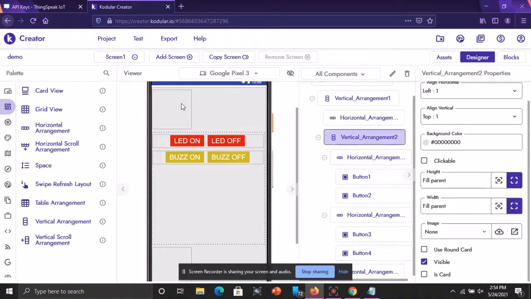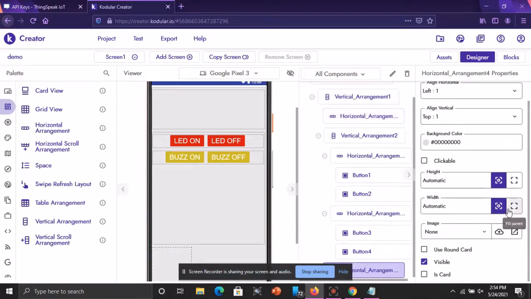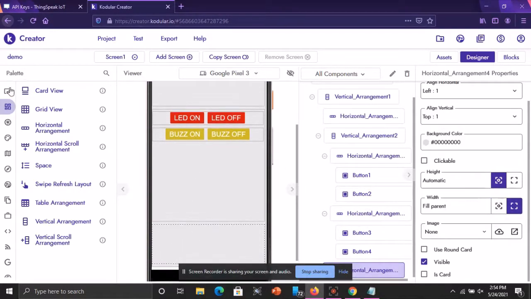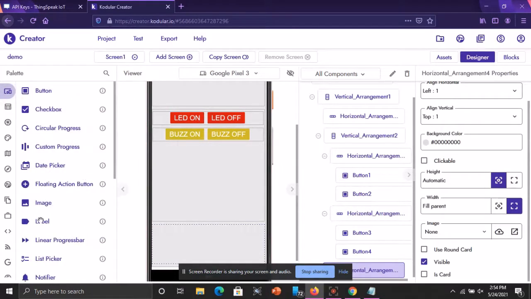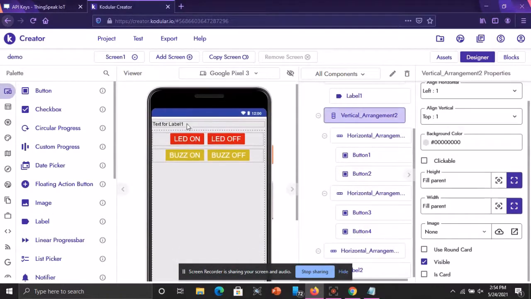Okay, and here the width will be fill parent, here also the width will be fill parent, and both of these will have a label, which is used for adding text. So we have added both the labels.